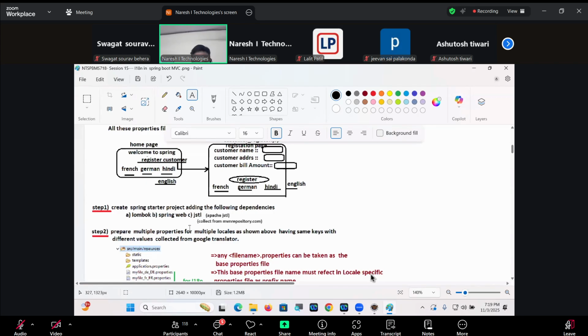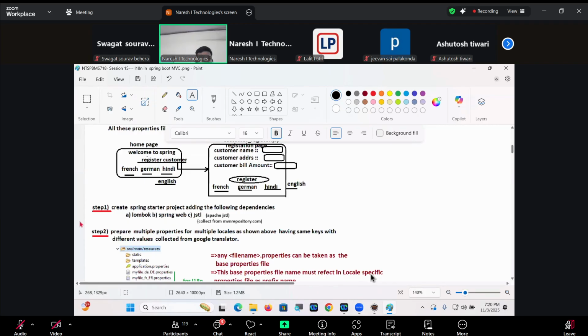Next, to trap each request coming to the controller class, gather locale information, and activate that locale throughout the request, we need to work with one ready-made interceptor called locale change interceptor. Are you understanding my statement, guys?